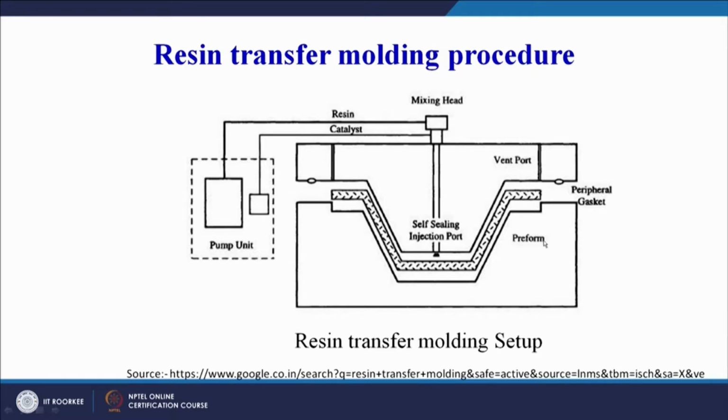The mold is in two halves. This is one half of the mold and this is the upper half of the mold. And you can see when the two halves of the mold will close, in between we will have a cavity which is the exact replica of our final product. So our final product will be formed as per this opening or this cavity which is being formed between the two halves of the mold. This is the upper half of the mold, this is the lower half of the mold,